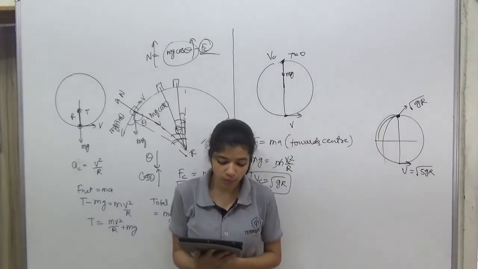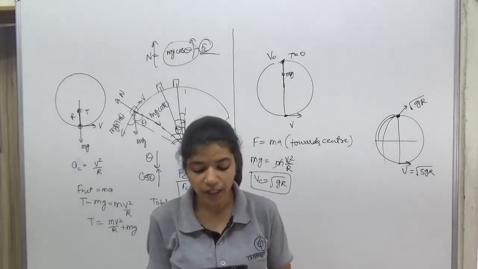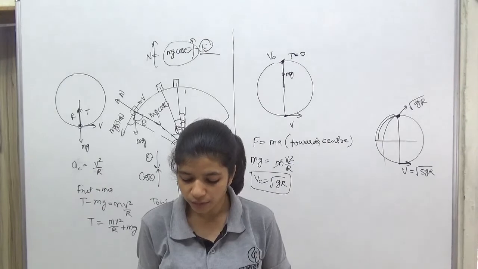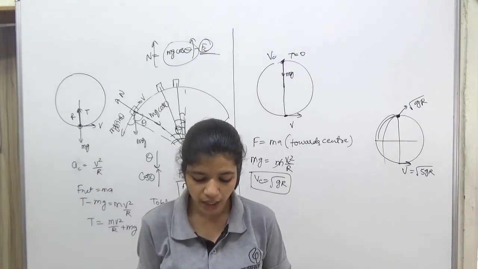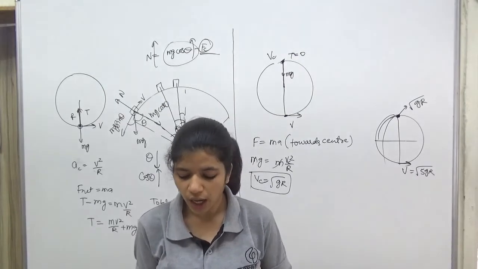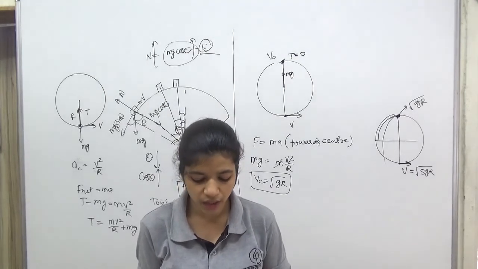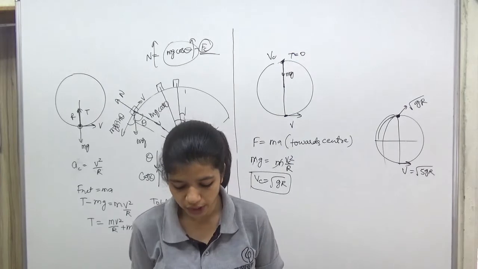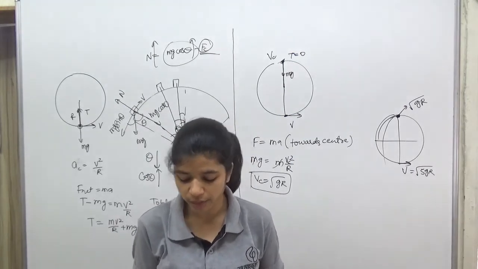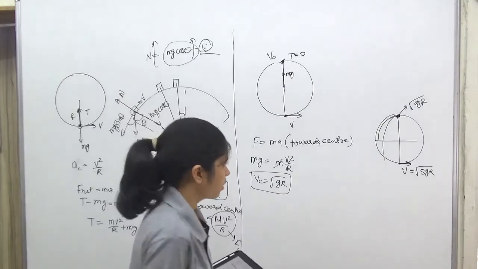Okay. Question number E4. A particle is moving in a vertical circle. The tension in the string when passing through 2 positions at angle 30 degree and 60 degree from vertical lowest position are T1 and T2 respectively. Then T1 is equal to T2, T2 greater than T1, T1 greater than T2, tension in the string always remains the same. So now we have to find this.